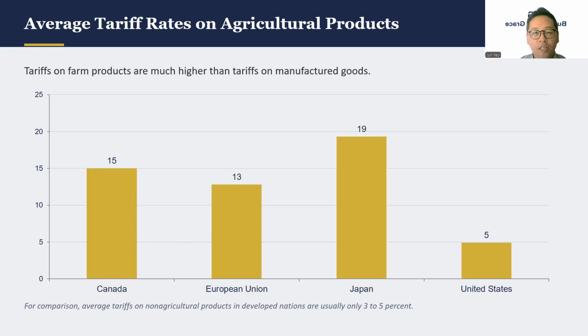Many countries make a similar argument that a nation should never depend too heavily on imported goods. Since food supply can become a matter of national security during a crisis, that argument helps explain why farm tariffs have proven so much harder to reduce than tariffs on almost any other category of goods.